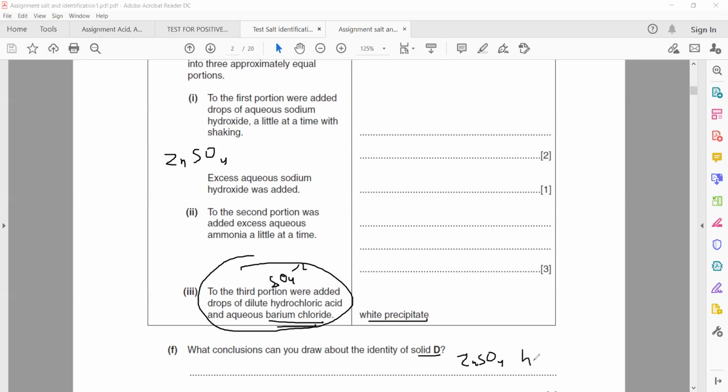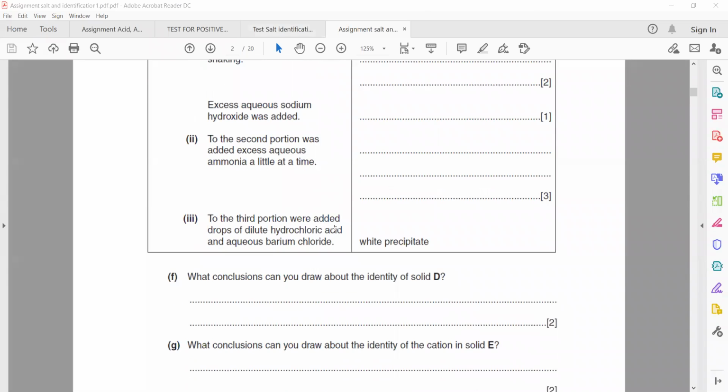And why do I also call it hydrated? Because it was giving water droplets when it was heated, so it shows that it is a hydrated salt as well. And the cation present in E, the positive ion, is copper. Copper is the positive ion which is present in E. Is it clear?